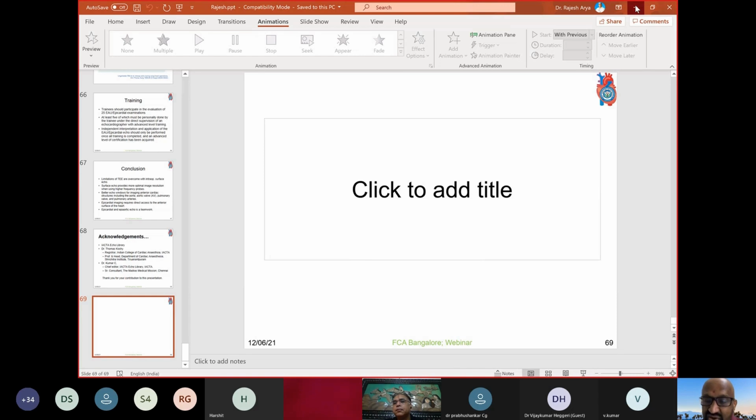To kickstart the discussion, I would like to request Rajesh to tell me, when you use the short axis of the aorta with the marker towards the left shoulder, the left of the aortic valve is left and right is right, isn't it? That's what I just wanted to confirm.